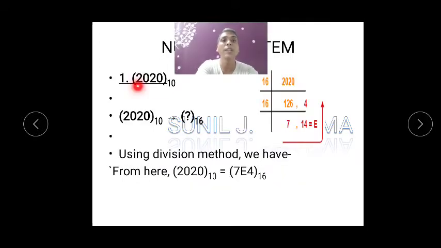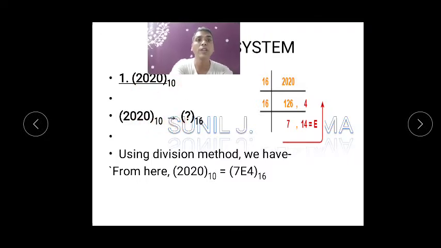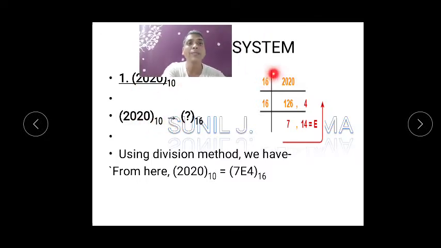Now let's take an example, that is 2020. This is in decimal, as you already see. What you have to do is just divide it by 16. How we used to, suppose if the same number had to be changed into binary, we would have divided by 2; octal, we would have divided by 8. Here 16 into 126, that will be whatever the number. When you subtract, we get the remainder, because we are interested in the remainder part. 16 sevens is whatever the number, you have to subtract that from 126.